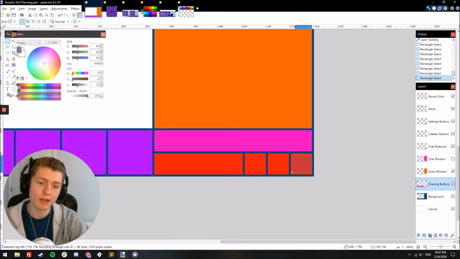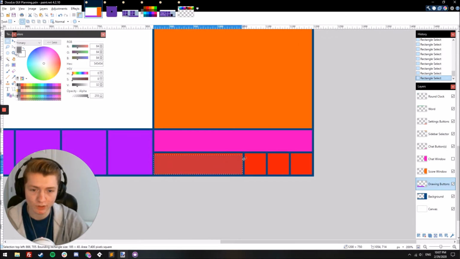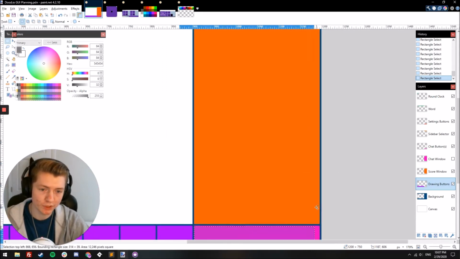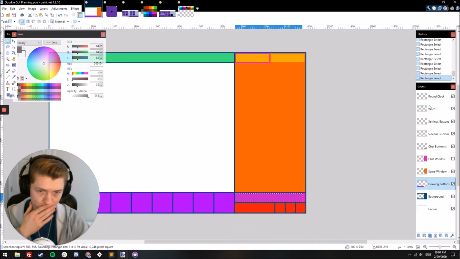These are going to be some settings buttons, maybe leave the match. I'm not sure where these are going to be yet. I just wanted to have some extra room. This might be the send message for the chat, and then I have